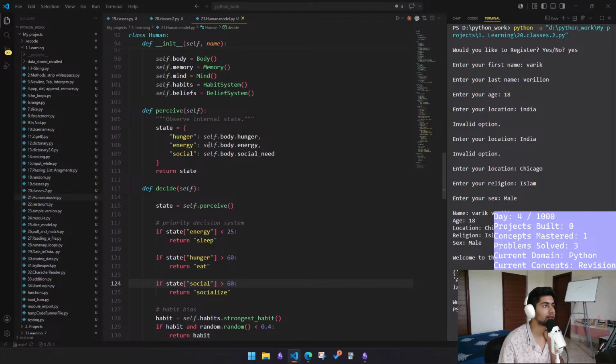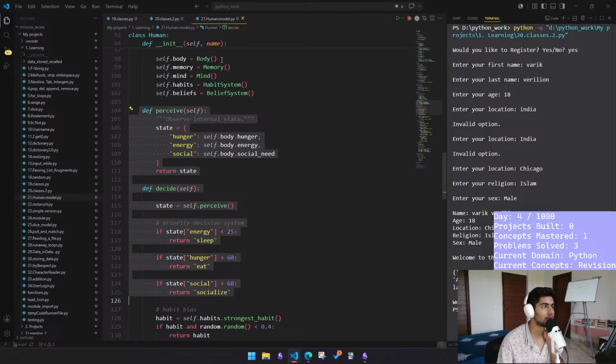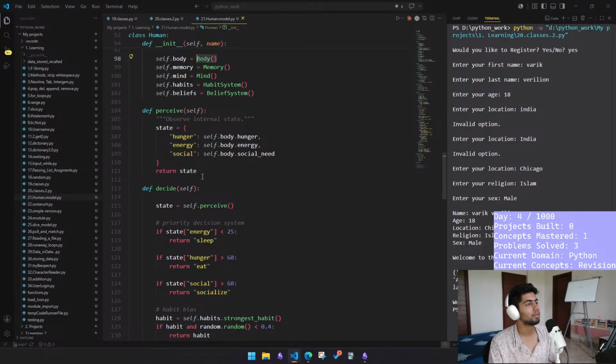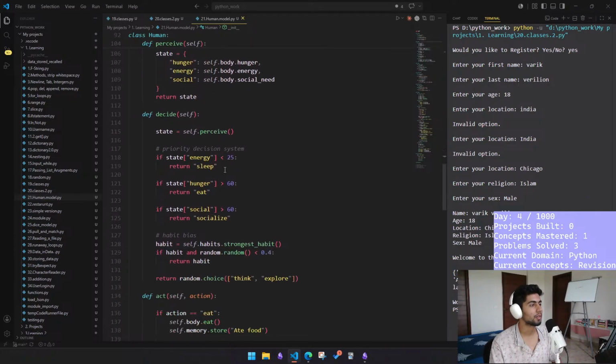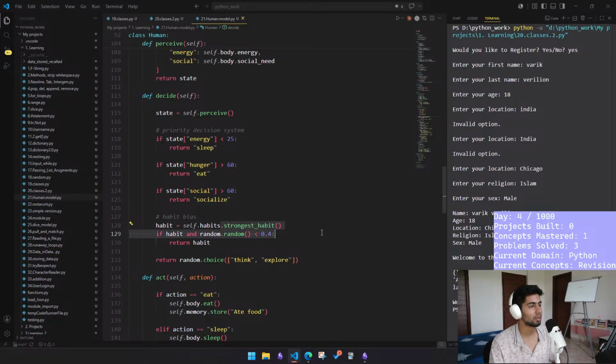So now we are actually interacting with the class body here. This is the entire interaction: we take the body, we access the attributes in the body, we save those attributes as state, we save those attributes in a dictionary, we assess those attributes, and then we return a couple of things like what to do under those specific conditions. And since the body already has those functions, what it does, if self.habit.strongest_habit,